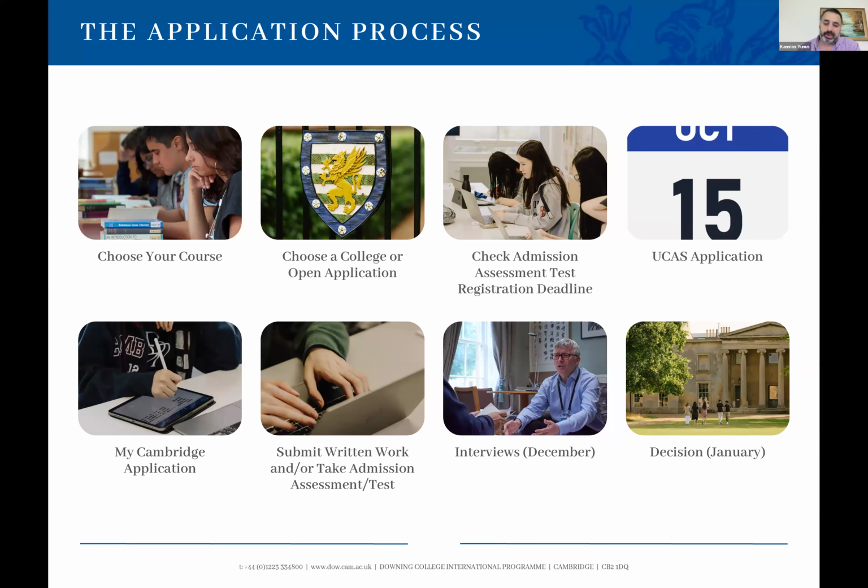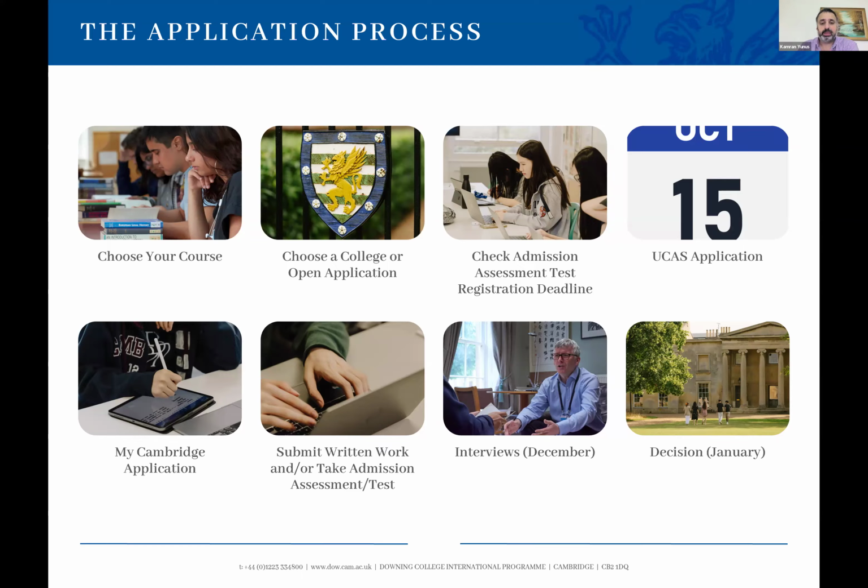Now, having said all of that, many students, when they apply, don't want to have to choose a college, in which case you can make an open application to the university. And all that happens is your application is allocated to a college by the university centrally. Whether you're a direct applicant or an applicant that's come through an open application process, it doesn't make a difference. When I receive my list, I don't get to see who's an open applicant or who's a direct applicant. I just get given a list of students which have been allocated to Downing College during the admission season.